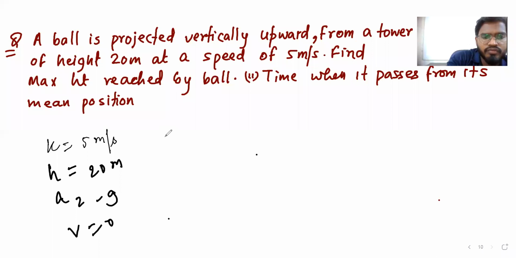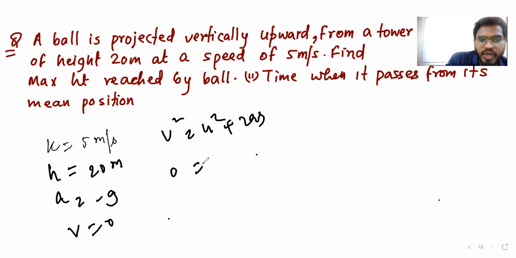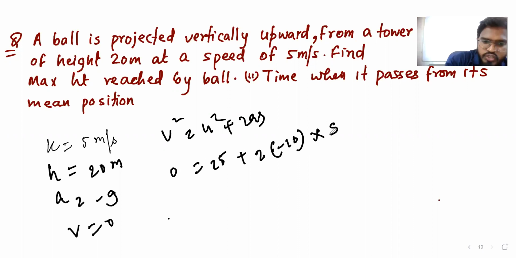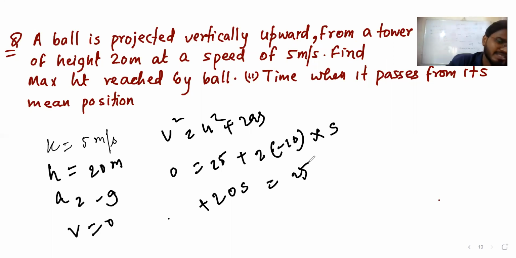V square is equal to U square plus 2as. V square is 0. U square is 5 squared, so 25 plus 2 into minus of 10 into S, which we want to find. So we can say minus of 20 S, this side will become plus, is equal to 25, right? So now S is going to be 1.25